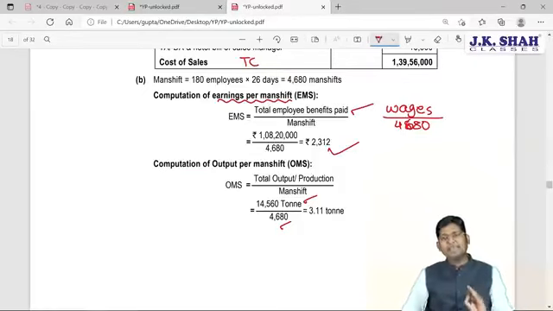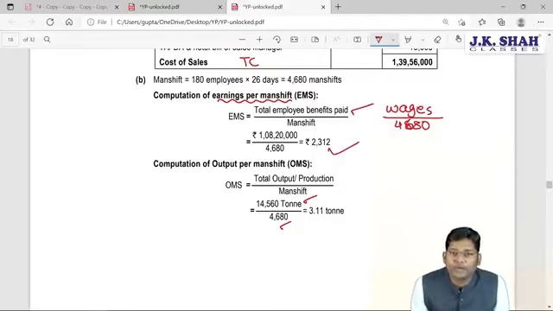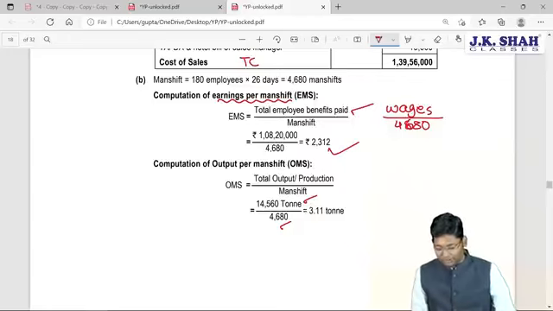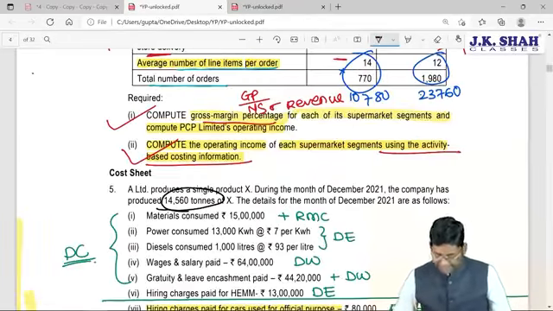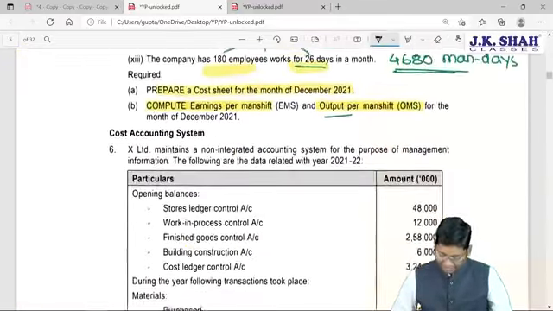This was the easiest question of cost sheet, covering various new points which we have analyzed and posted according to our format. So this is the end of cost sheet, guys. Let's start with the next chapter without wasting time. Till now 5 chapters we have revised. Now after that, the very